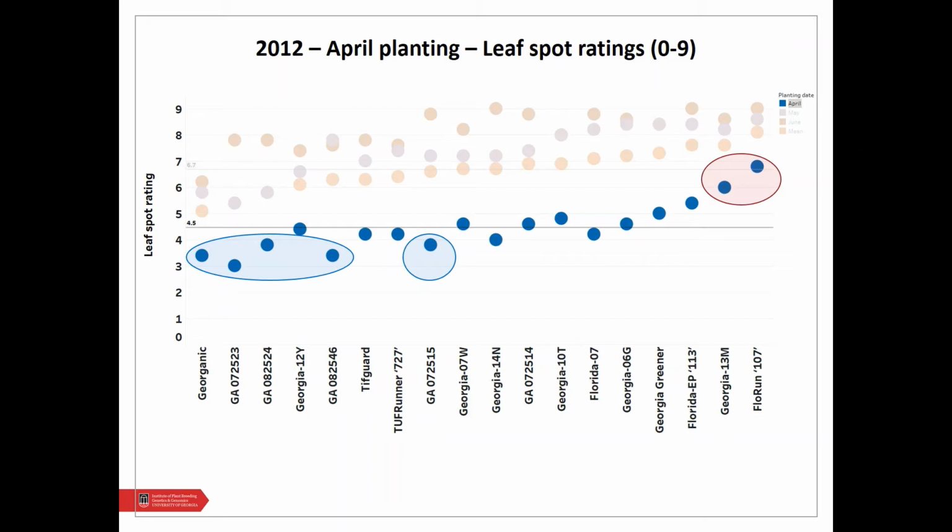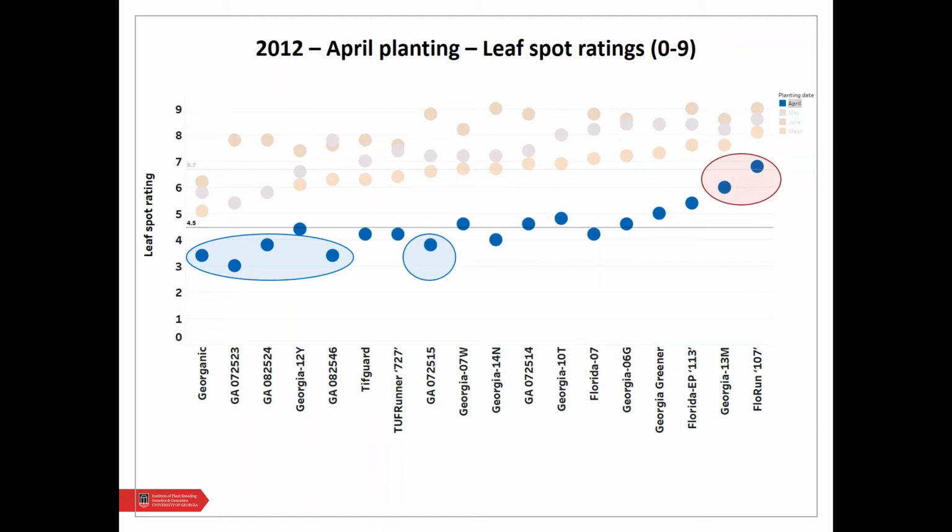So the leaf spot rating is indicated on the y-axis. Subsequent pod yield slides that I'll show in a moment will remain in the same order for each of the given years. So we'll have lowest leaf spot rating on the left and highest leaf spot rating on the right. Highlighting in blue indicates the highest or best significance group, and red highlighting indicates the lowest or worst significance group